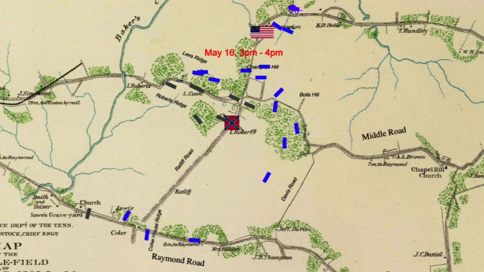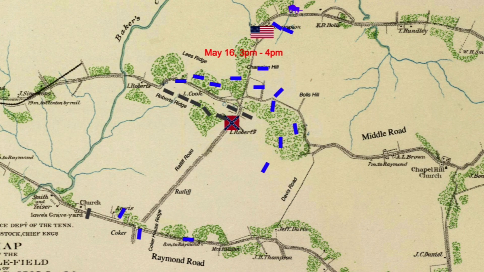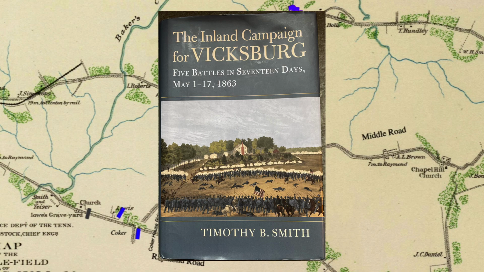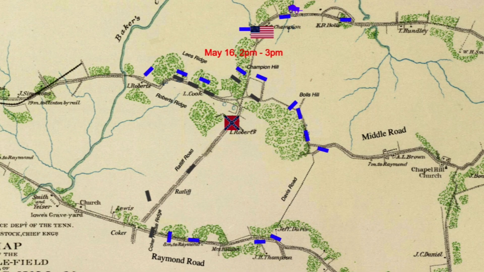Brigadier General Winfield Featherston, in his report, wrote that General Loring and a guide directed them the nearest way for 2 miles to the fighting. But Timothy Smith, in his book, The Inland Campaign for Vicksburg, described it a bit differently. Smith wrote that Loring and Featherston together got thoroughly turned around on the wrong road and going in the wrong direction. I'll back the tape up and rerun it so that you can follow the route that Featherston followed to